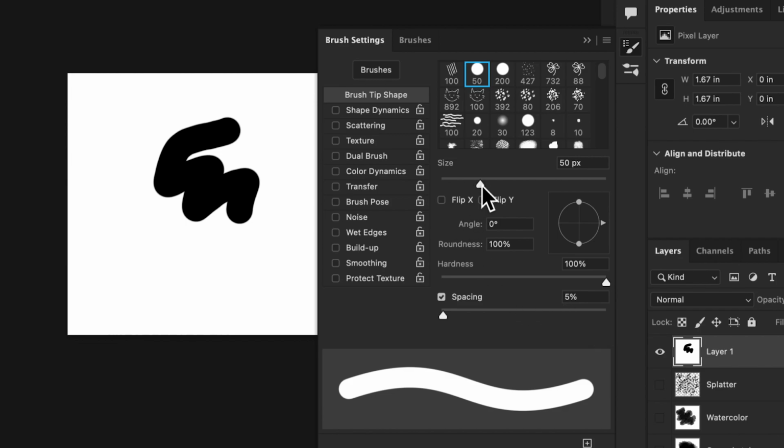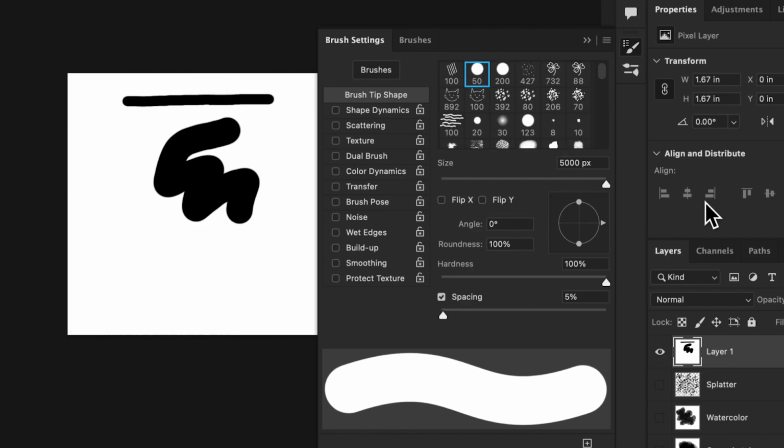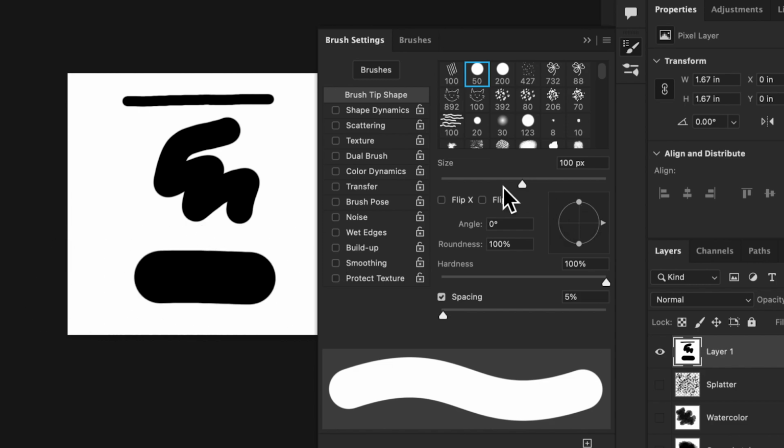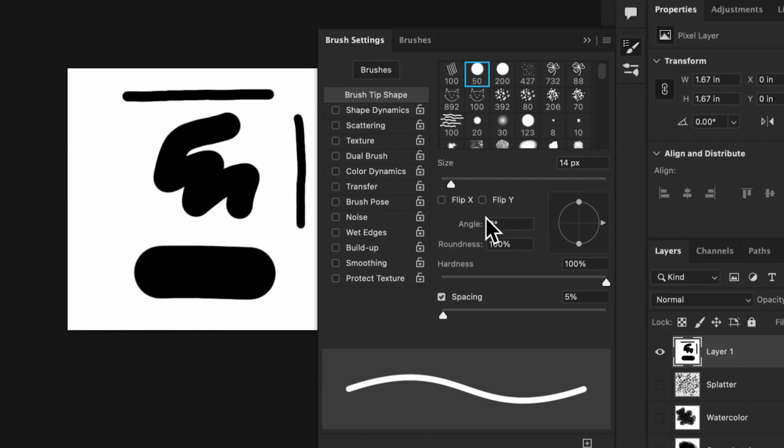So size, that's going to be how many pixels in diameter our brush is. 100 pixels, 15 pixels, pretty straightforward. You can check and see if a brush is flipped on the X or Y axis. This will make more sense when we talk about the angle. So let's change the angle of the brush tip.